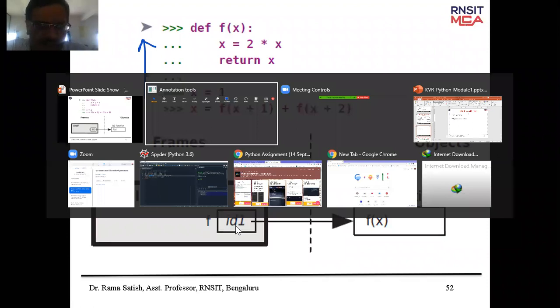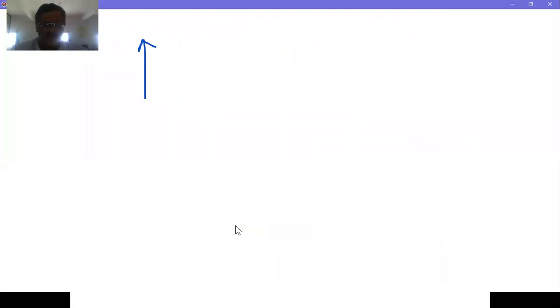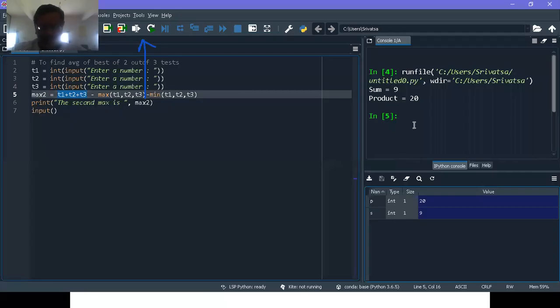Let me check this here. I define a function f of x colon, press enter, x is equal to 2 into x, and return x. Done, a function is created.